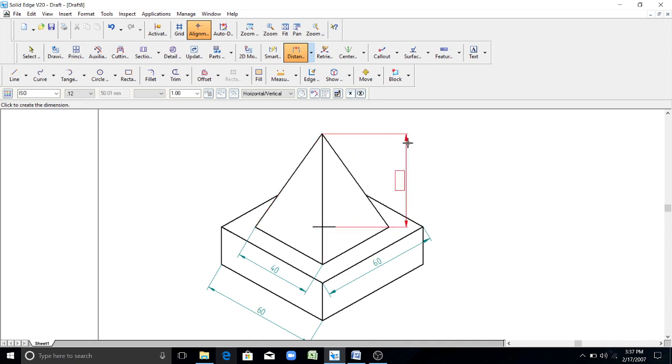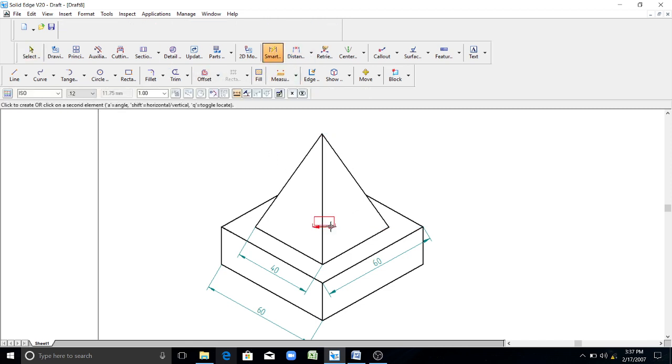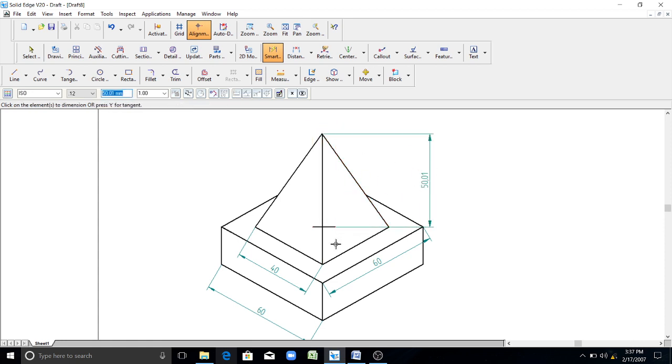The height of the pyramid, this dimension you need to show every time. So this finishes this model.